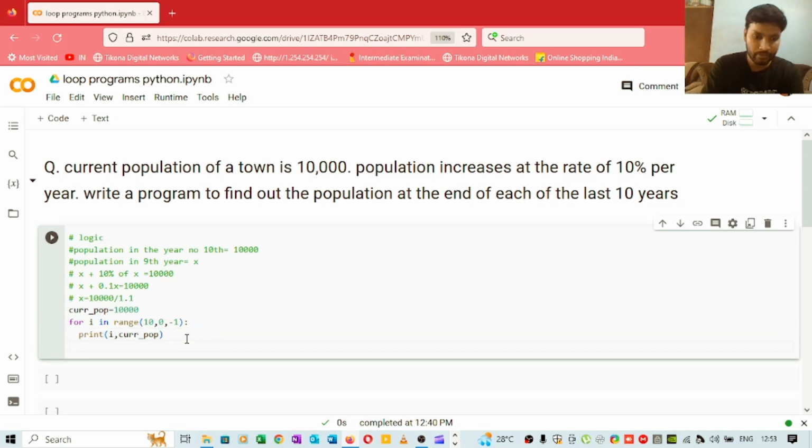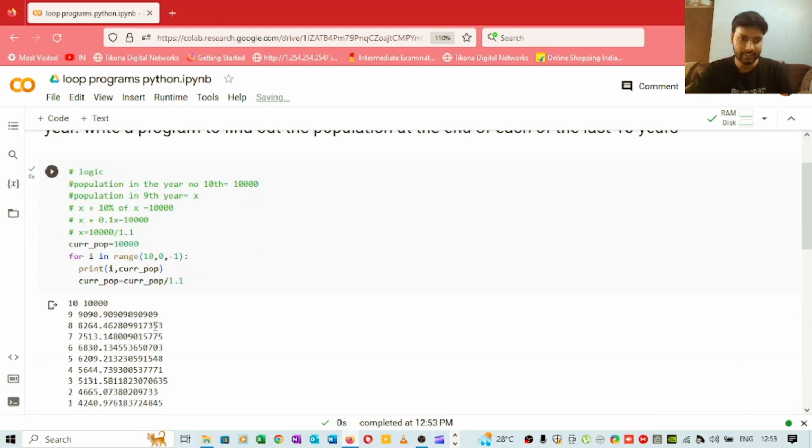So what we will do, we will change this current population value equals to, and in place of this 10,000 we will write current population, and we will divide this current population by 1.1. And now if we run this cell, we will get the exact answer. Now I will show you guys. See, in the year number 10 we have 10,000 population, in the year number 9 we have 9,090 population, and